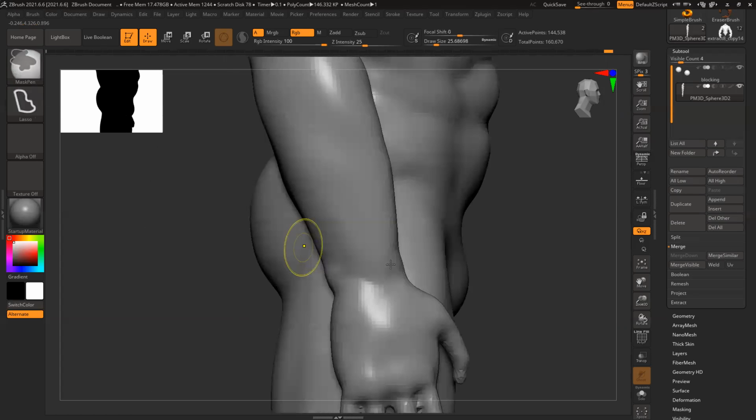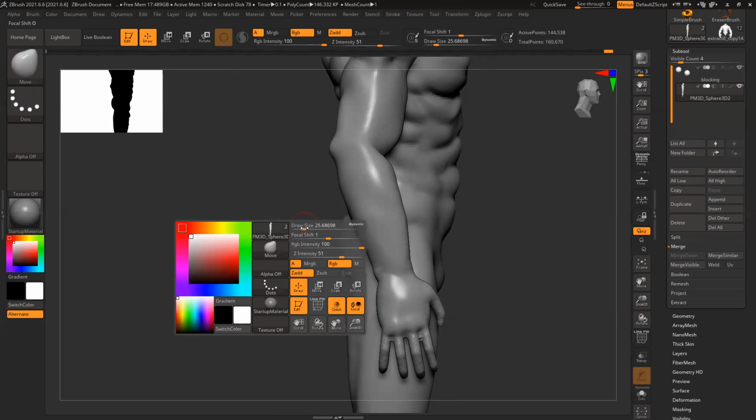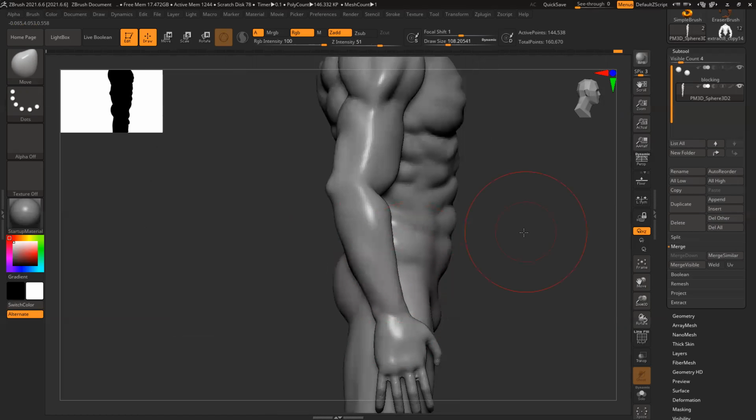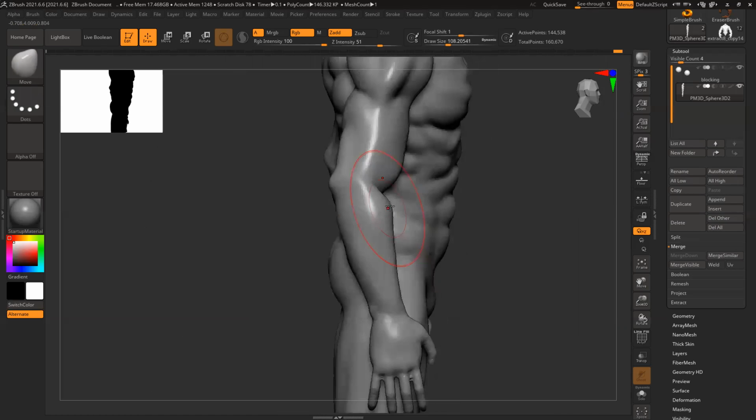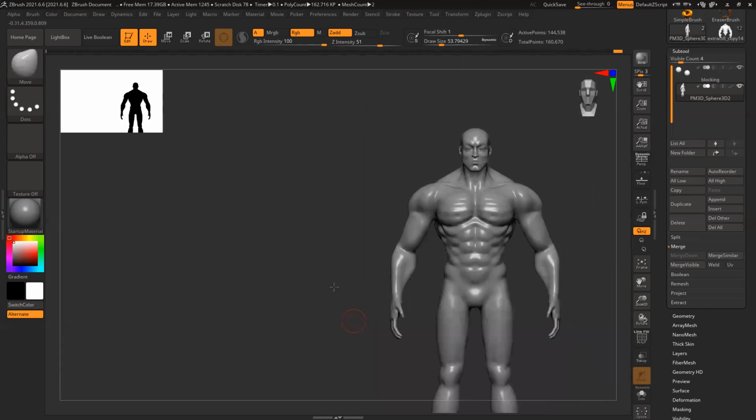Now sidewise, the shape of the hand. Move. Thinner. Then clean.